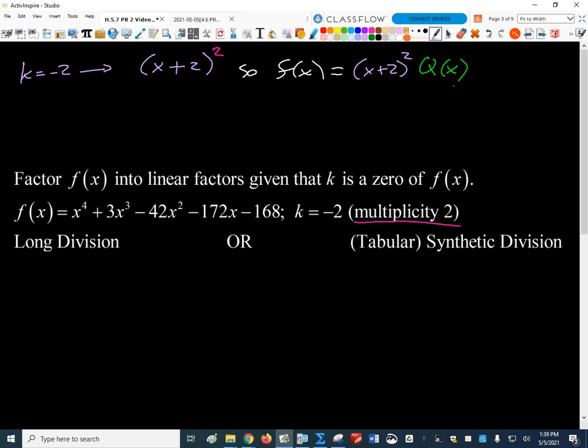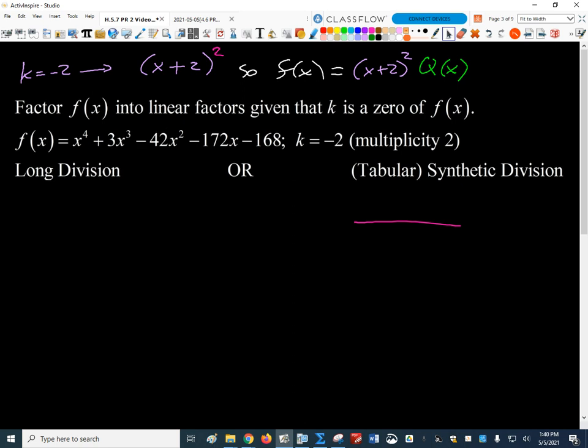Good? How am I going to find Q of x? What am I going to do? Divide, right? Everybody agree? To get that Q of x by itself, I'm just going to divide by x plus 2 squared, right? Okay, so I've got a couple ways I can do that. One way I can do that is I could use long division. But if I'm going to use long division, I'm going to want to probably expand out x plus 2 squared,